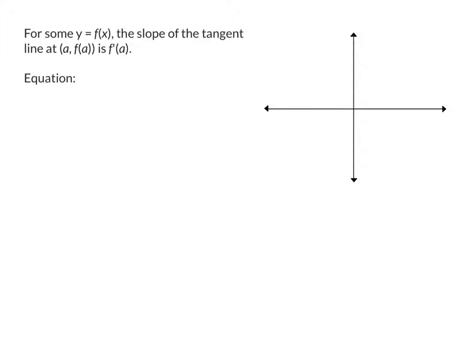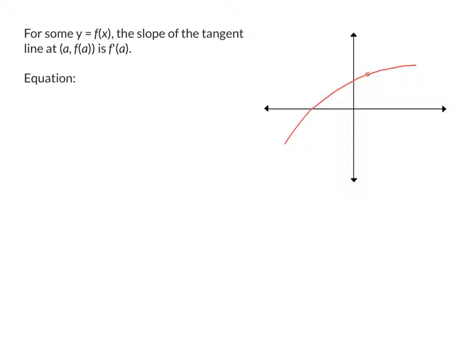Hello. In this video, we're going to use the tangent lines that we find from doing our derivatives in order to approximate nearby values on a given curve. So I have some function f of x, y equals f of x, and if I look at the point a comma f of a, the derivative at that point, f prime of a, is the same as the slope of the tangent line. So if I draw an example of this on my coordinate plane over here,